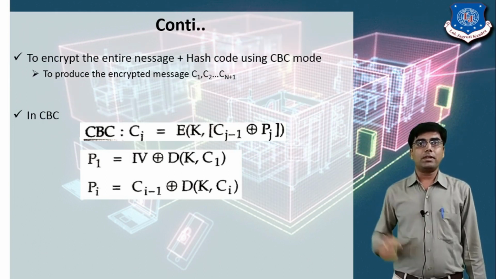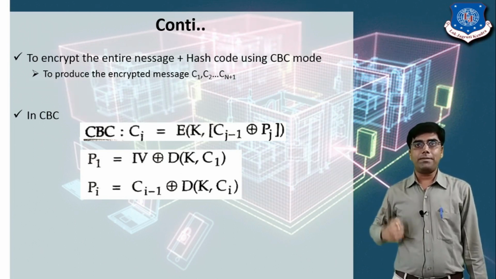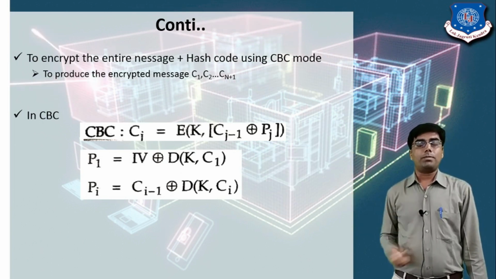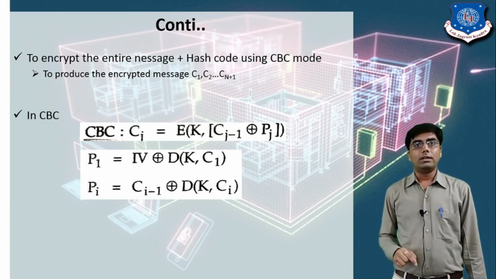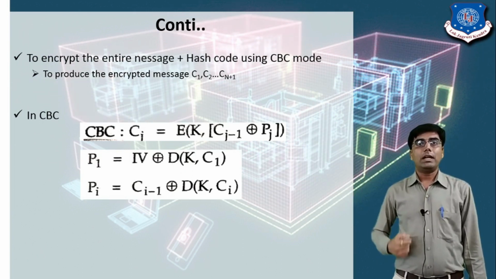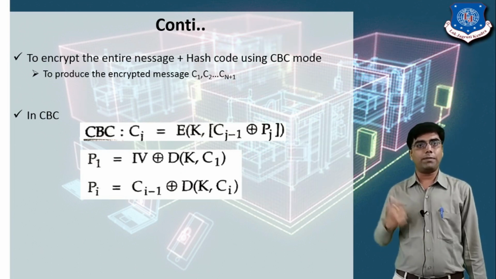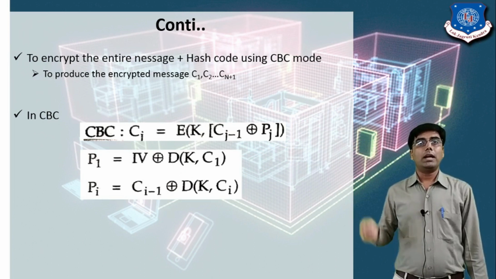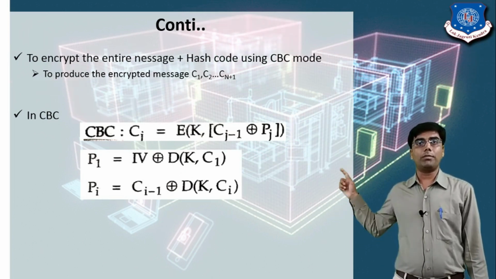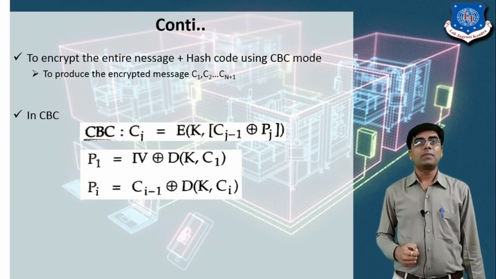After applying the encryption, it generates the first block of ciphertext, and that ciphertext is input to the second block of plain text. So here we can consider Ci-1, which is the initialization vector the first time, when I want to encrypt the first block. In the second block it is Ci, then exclusive or D(k, Ci). So this is the equation of Pi.